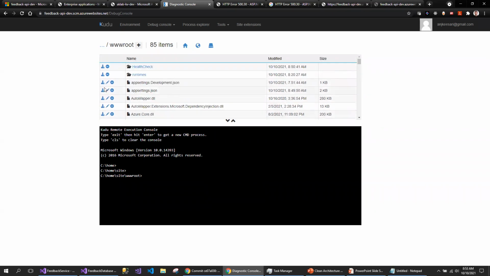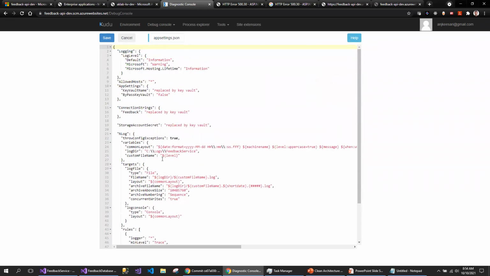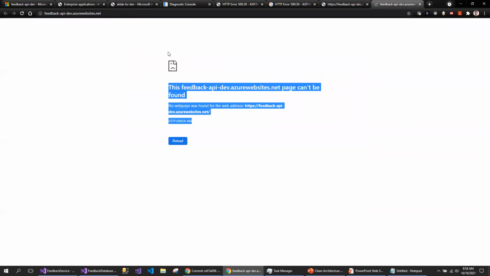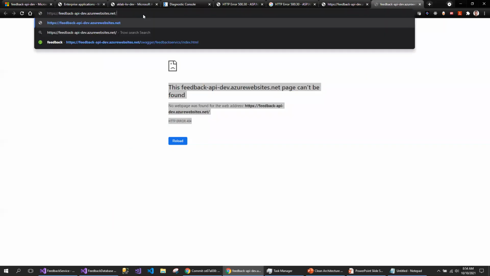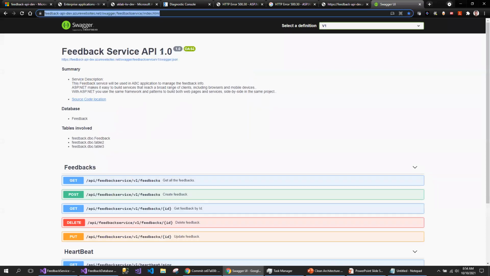If you want to check what my app settings look like, you see all these app settings. The configurations are really from the app setting configuration, not from this file. You still see these are replaced. So now this shows that this is working as expected. Now let me launch the Swagger URL to make sure that my service is live in the cloud app service and working. So these are the kind of issues you will face when you are deploying for the first time.